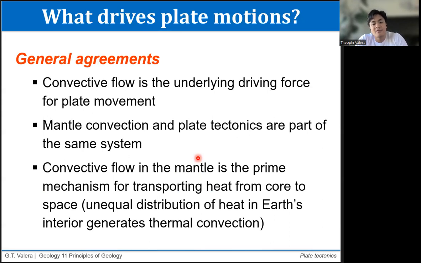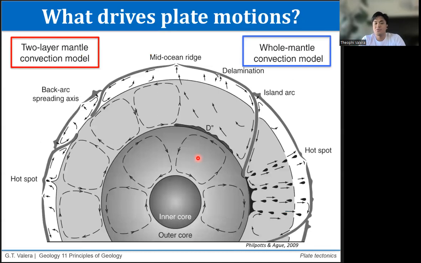There are also some general agreements. So again, convective flow is the underlying force. Mantle convection and plate tectonics are part of the same system, and that convective flow in the mantle is the prime mechanism for transporting heat from the core towards the space. So there are also, of course,